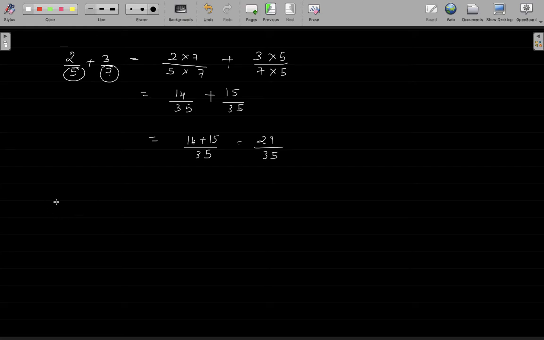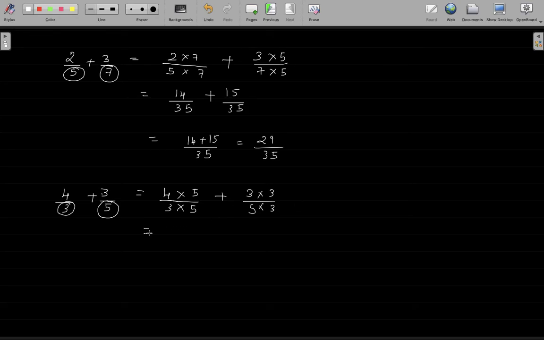Right? Suppose I give you another question, like say I want to add two unlike fractions, 4 by 3 plus 3 by 5. Now how are we going to do this? We are going to take 4 by 3 and multiply both numerator and denominator with the denominator of the second fraction, which is 5. This is 5 by 5 plus I will take 3 by 5 and multiply both numerator and denominator with 3, which is the denominator of the first fraction. So this will give me 3 and 3 here.